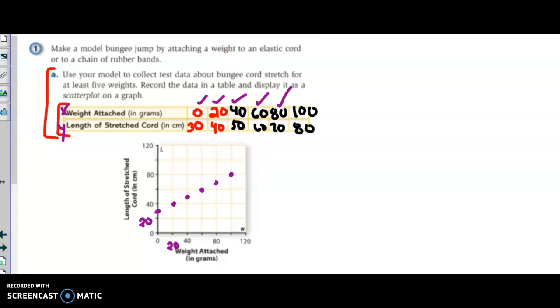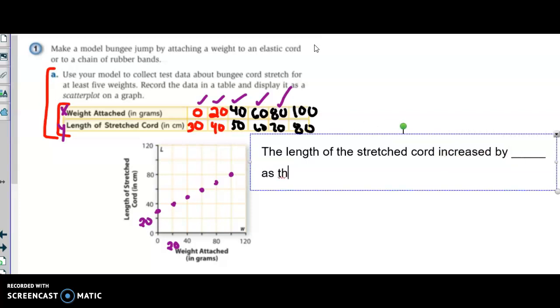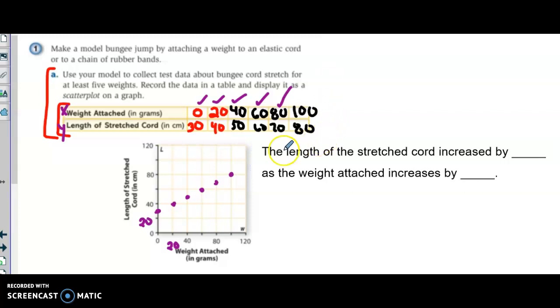Next up, I want to talk about the pattern of change. When we talk about the pattern of change, we talk about two different variables changing. So our two variables here are the length of the stretched cord, which does what? Increases by blank as the weight attached increases by blank. So the length of the stretched cord increases by, let's see, we go 30, 40, 50, 60, 10 centimeters